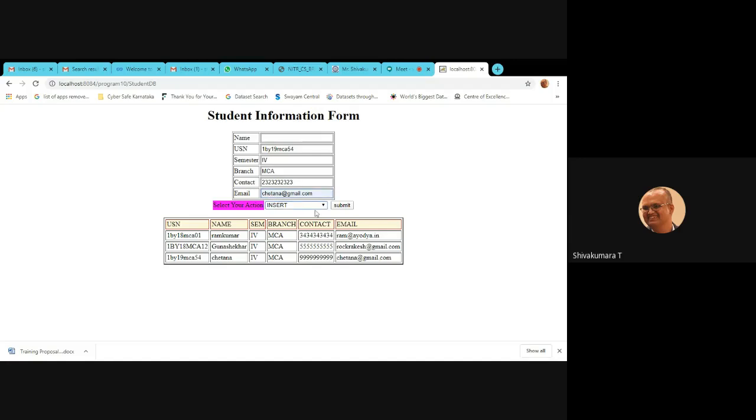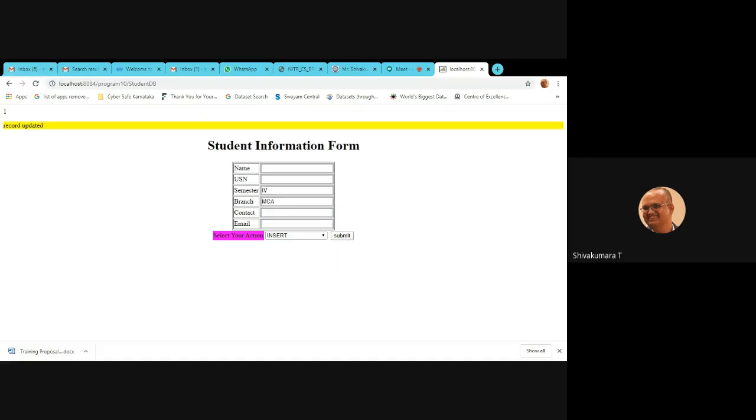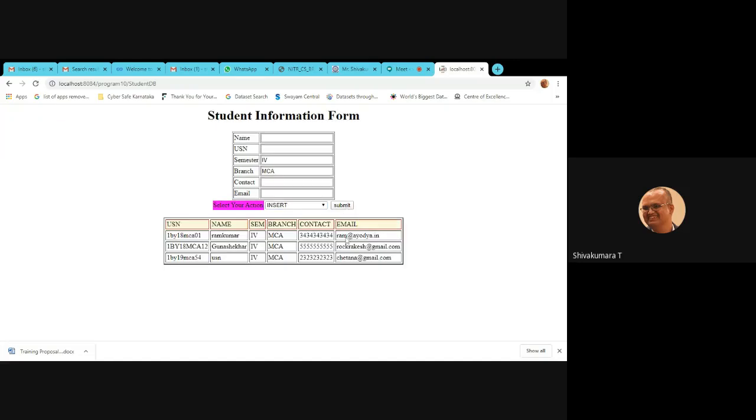So here select update record. Remember, currently all the number is 9s. After updating, the number is going to change from all 9s to this new number. Just click on update. So what is it displaying? One record updated. To know whether that record is updated or not, again select display records and submit. See, it replaced the older value of the contact by the newer value.